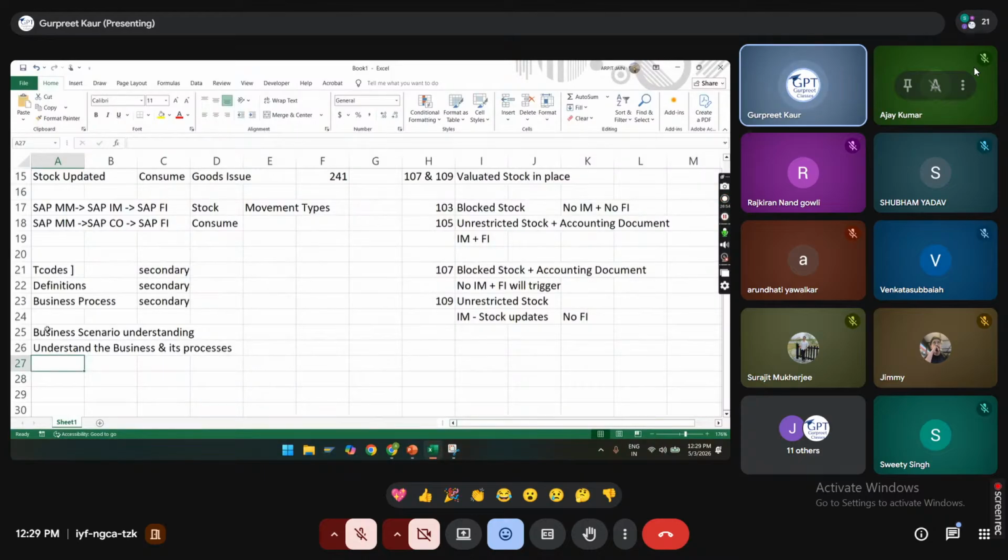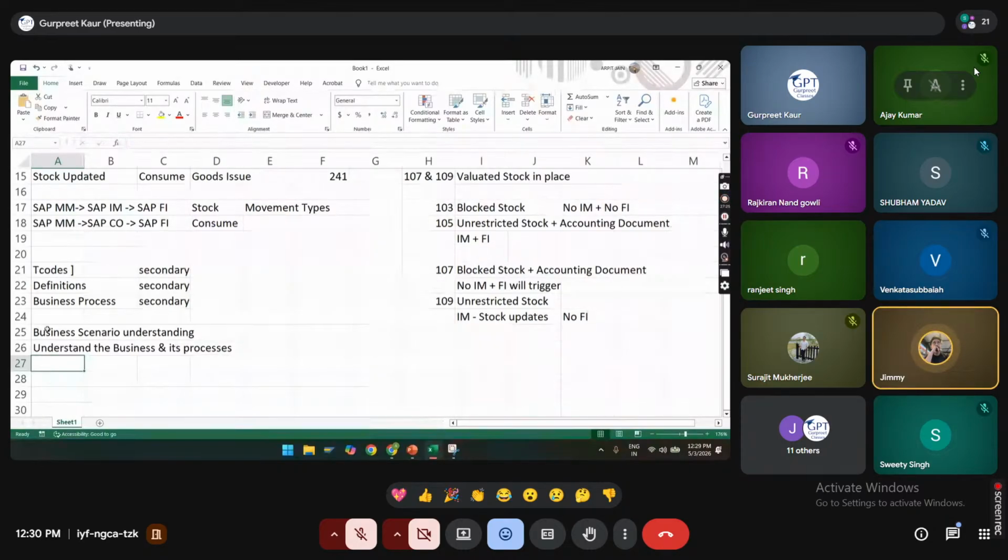All of you may be aware of these. If not, I'll give you a short example of a third party scenario. What is a third party system or third party scenario? Can anybody explain with a single example? Usually in third party, the vendor sends material directly to the customer, like what happens in tenders and bids, for the government, where you purchase the material and it goes directly to the requester.